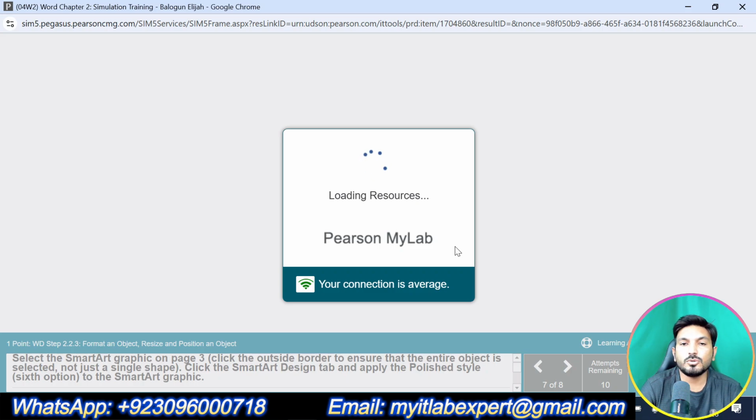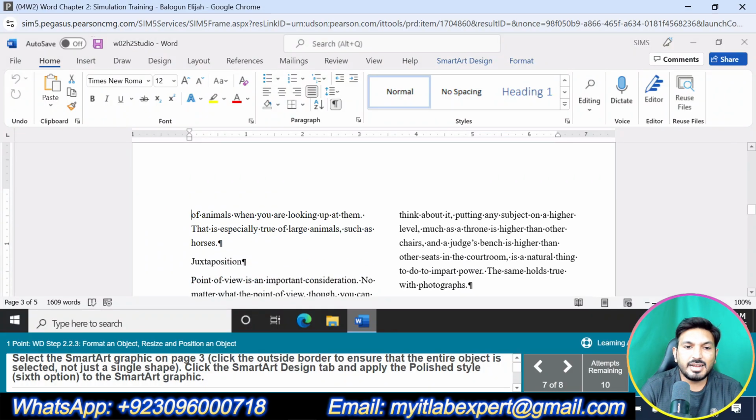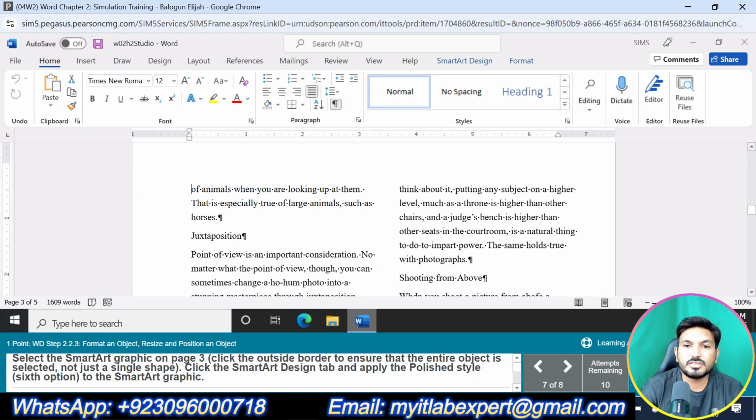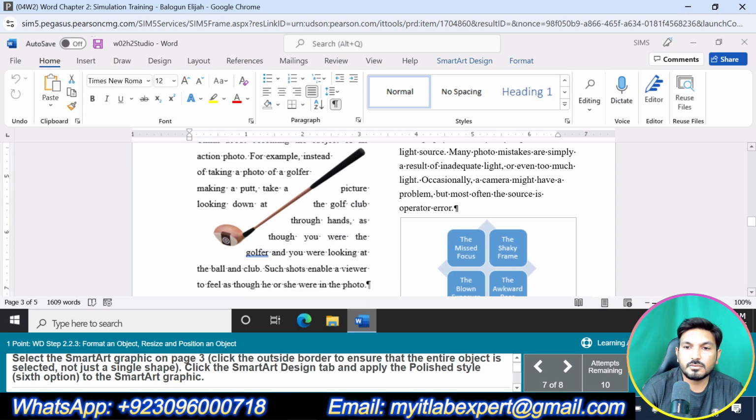So now let me do question number 7. Select the SmartArt graphic on page 3. Select this one. Okay. Click the SmartArt Design tab and apply the Polished style.